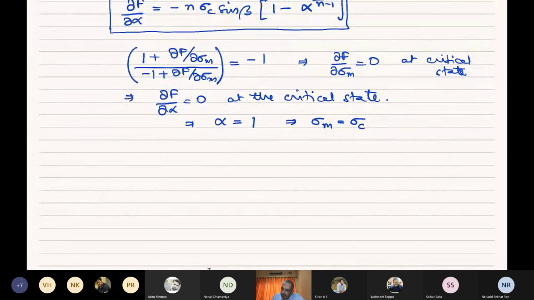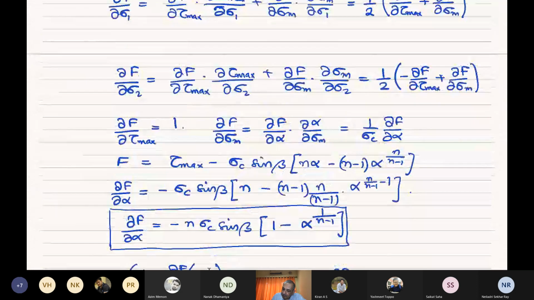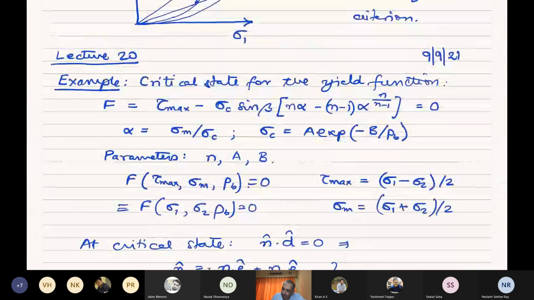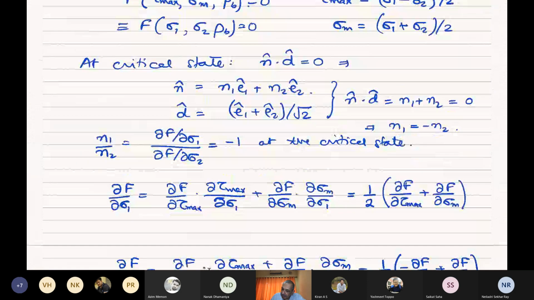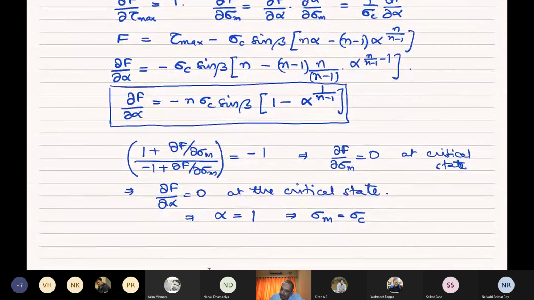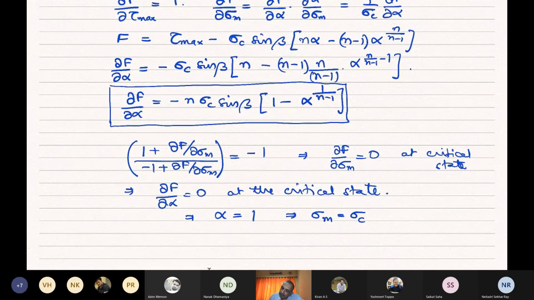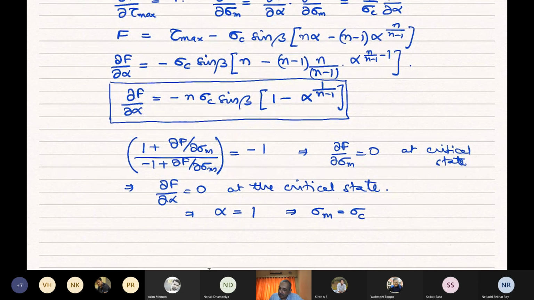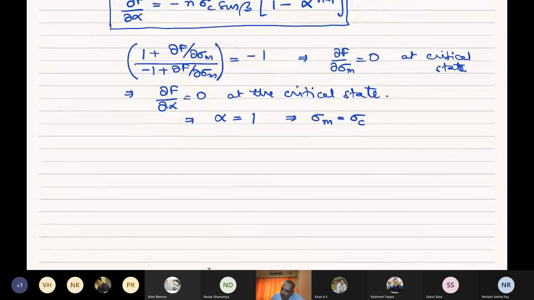And then, you can even find out what the yield point is. At the yield function, what does it become? Well, here is our yield function. So if you put alpha equal to 1 over here, then if alpha is 1, this term just becomes 1. So at the critical state,